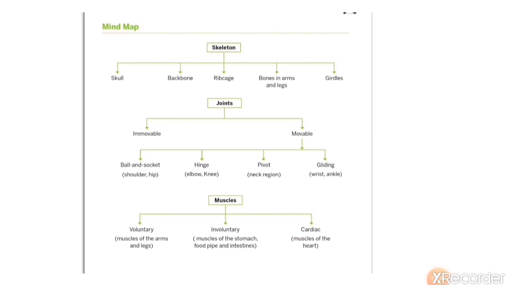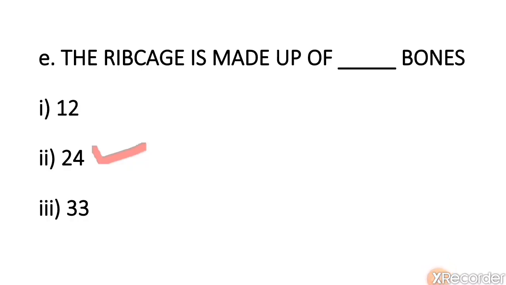So today we have learned about the two remaining major types of bones, that is the bones in arms and legs, and about the pectoral and pelvic girdle. We have also learned about the movable types of joints, and about the three types of muscles. And we have done the first question of the exercise, that is choose the correct option for the following. You don't have to do this in your notebook. In the textbook itself you have to mark the answer.